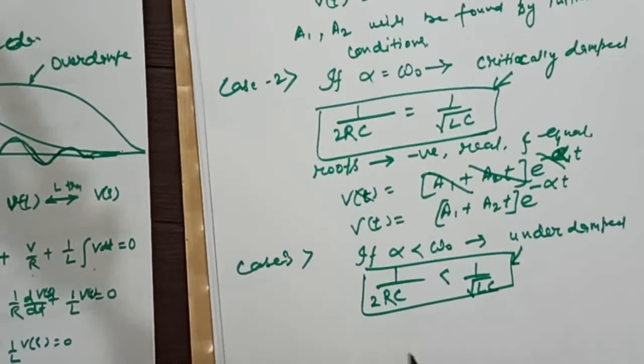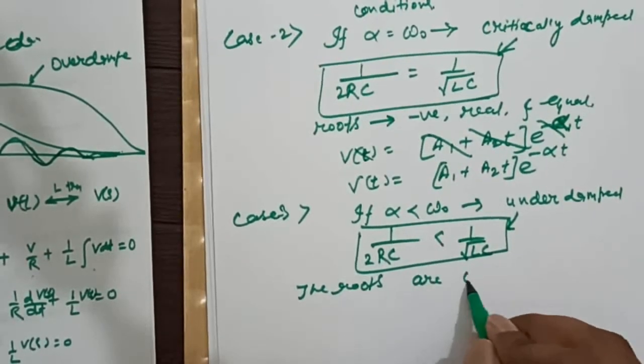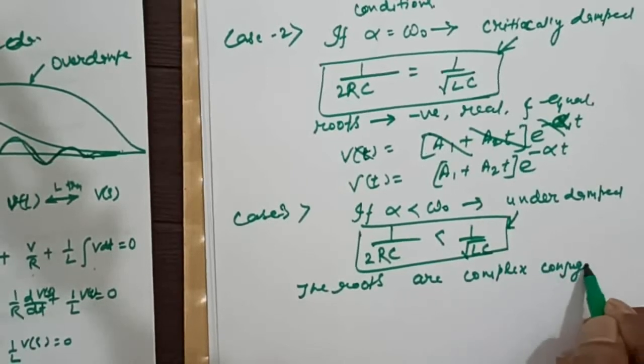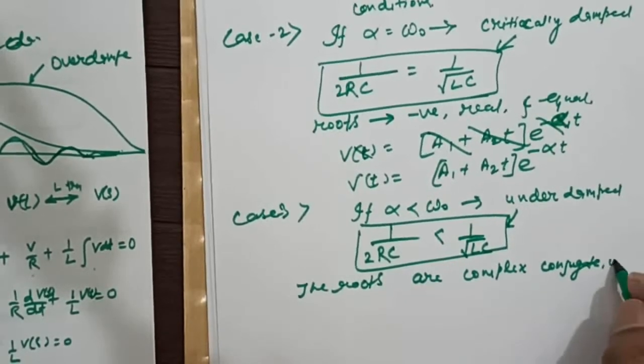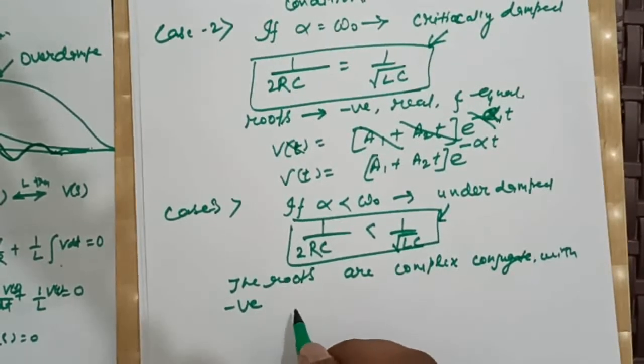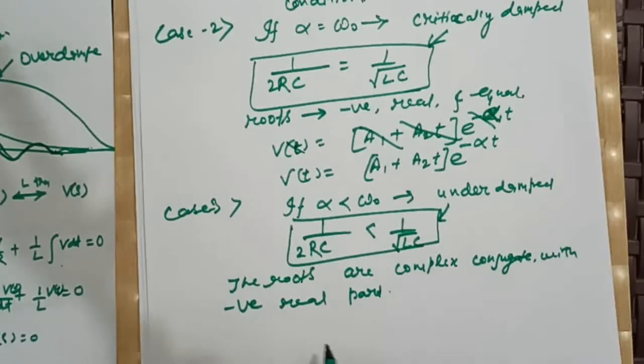Right? In this case, the two roots will be complex conjugate with negative real part, and